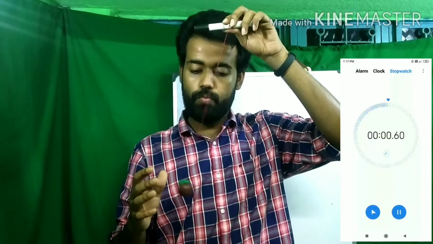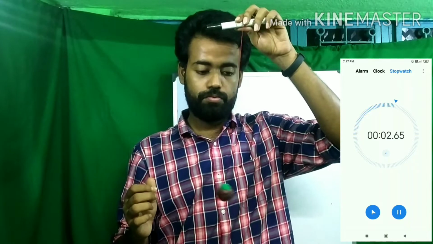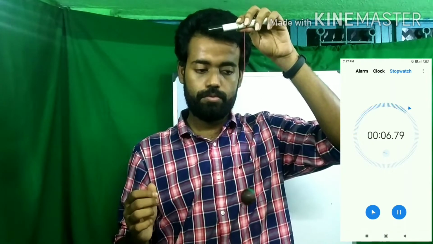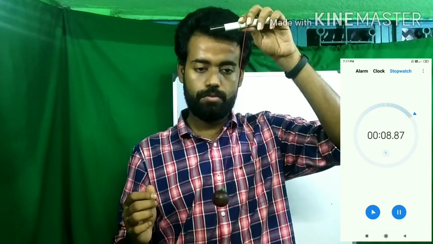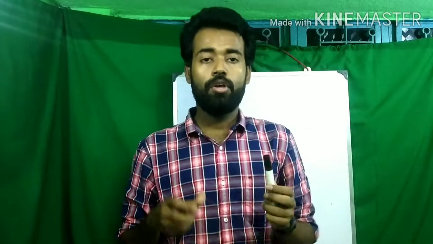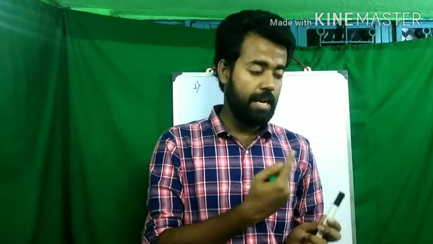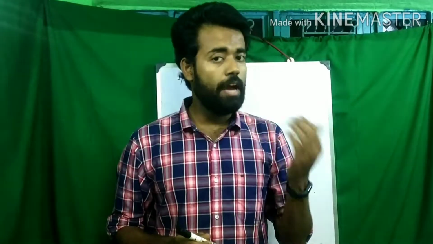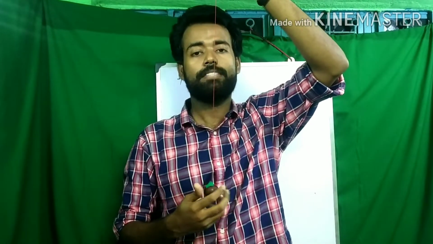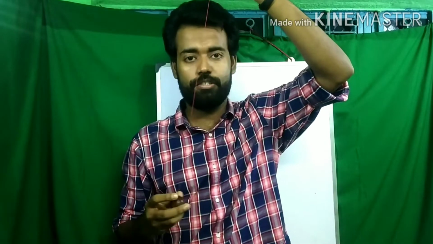Okay. So, all of you note down the time that we have got in the stopwatch. You have all noticed that it took 12 seconds to complete 10 oscillations on the basis of the previous length. Now here we have increased the length and we will find the time period that it is taking for 10 oscillations. Okay, so let's start.